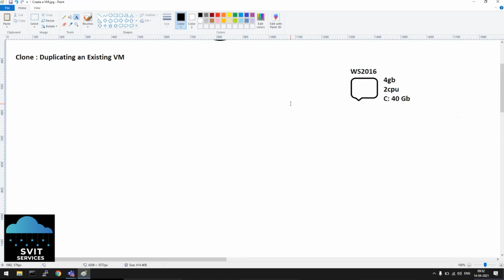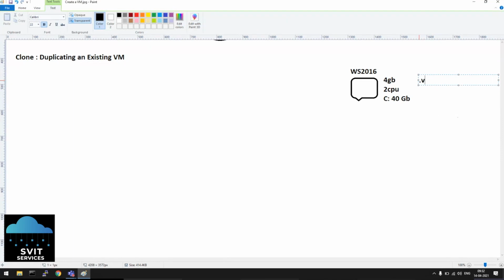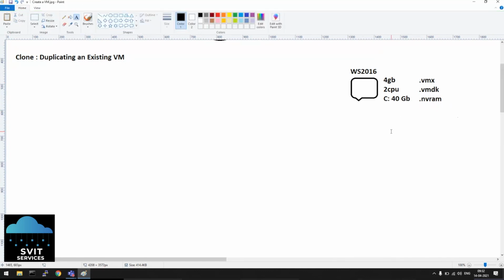If you need 20 computers like this, this is just a software file. It will have all the virtual machine files like .vmx, .vmdk, .nvram, files like this. These are all software files.